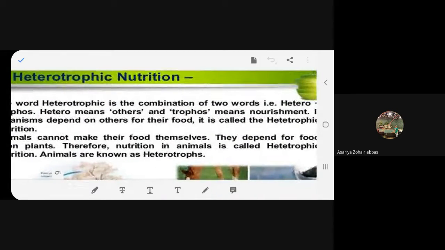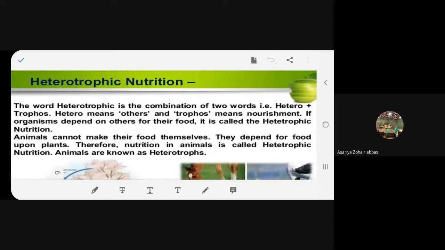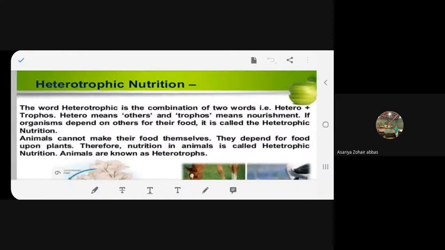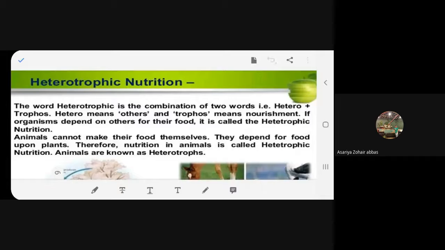Now we are going to talk about heterotrophic nutrition. Yes, please begin. Heterotrophic nutrition. Let's not rush. The word heterotrophic is the